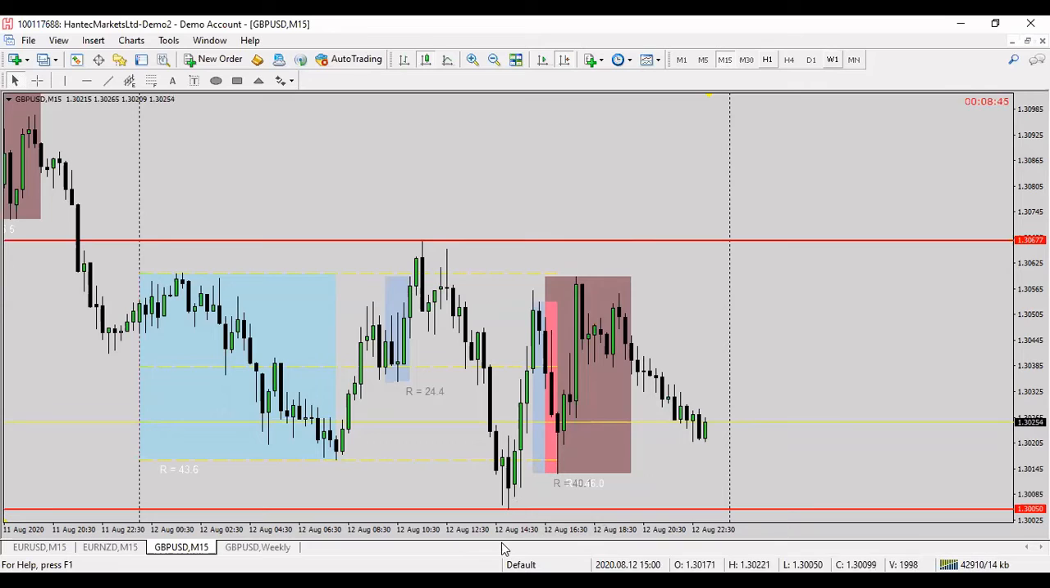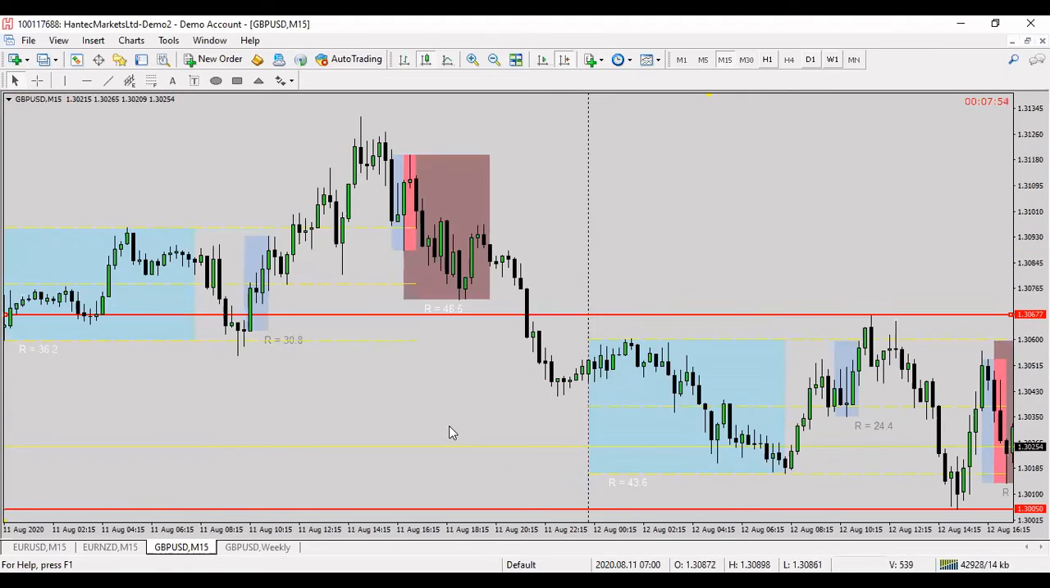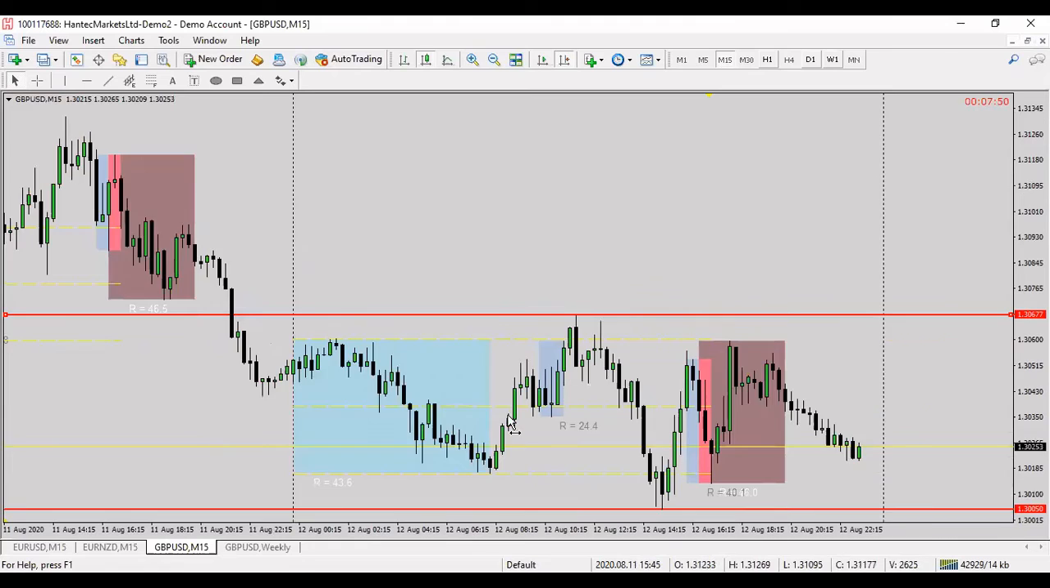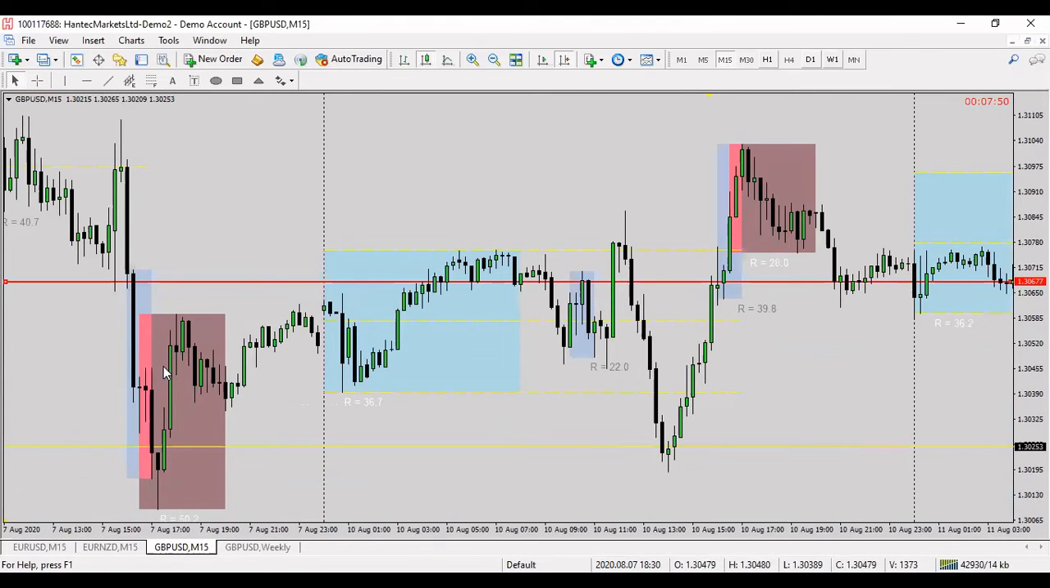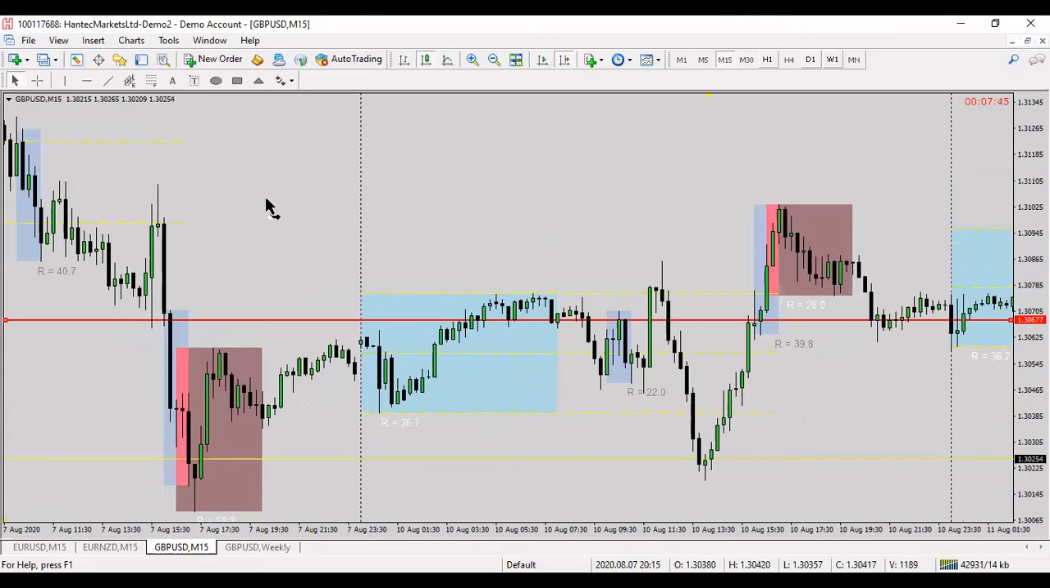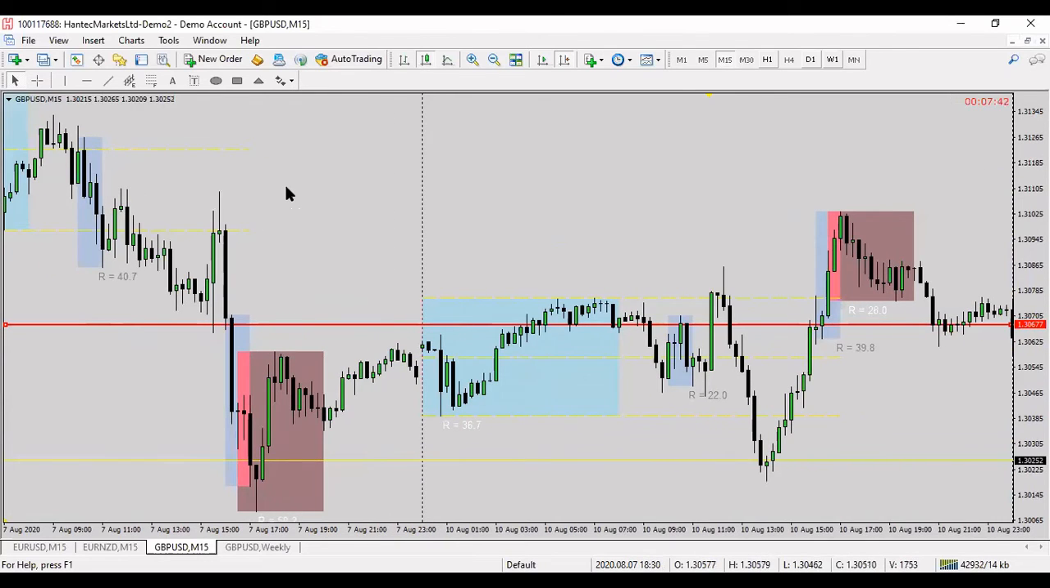So as far as today is concerned, this pair, GBP USD, has been trading between 1.30050 and then 1.30677. So let me go back there. So like I said, this is Wednesday, this is Tuesday, this is Monday, and this is Friday. So assuming you were coming to trade the daily cycle on Monday, knowing